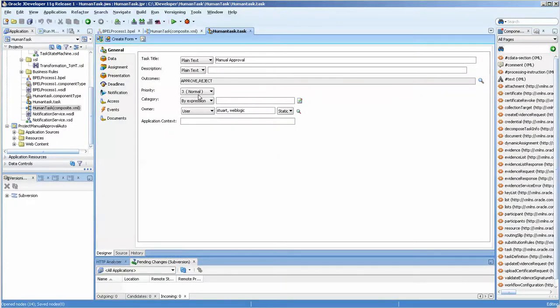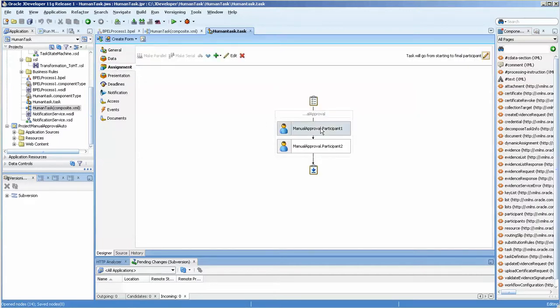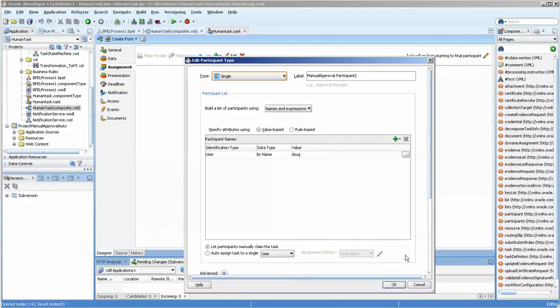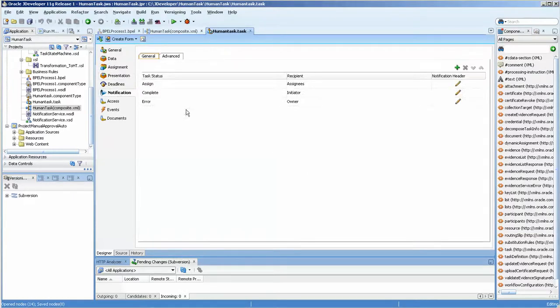It's just an approve and reject. And the data is taking the purchase order data. And we have two participants. One is Stuart, and the second one is Doug. And the presentation, well, the notification is